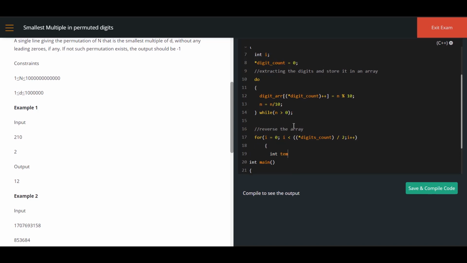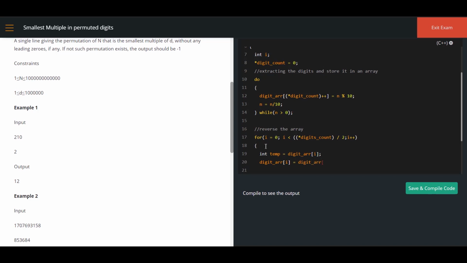Now what I have to do? int temp is equal to digit_array of i. The first value I am going to store in temp. Then digit_arr of i is equal to digit_arr of last element.